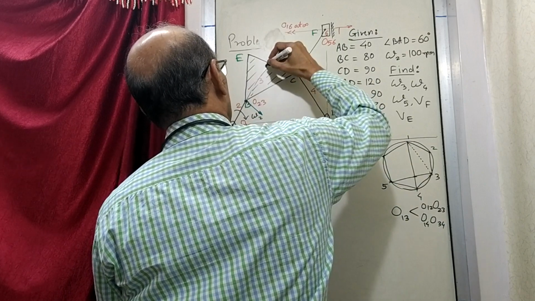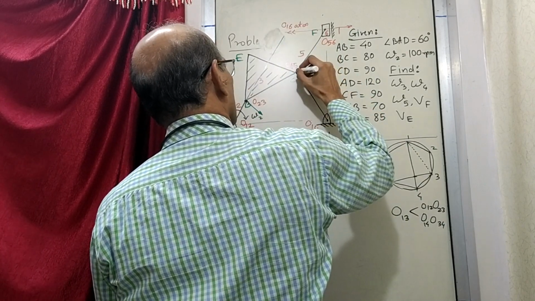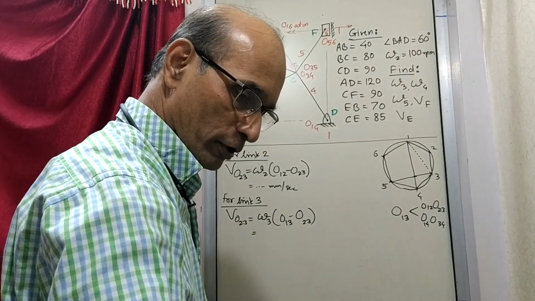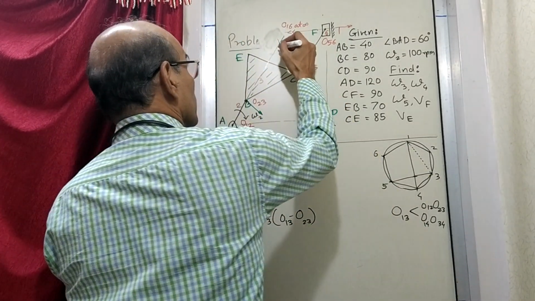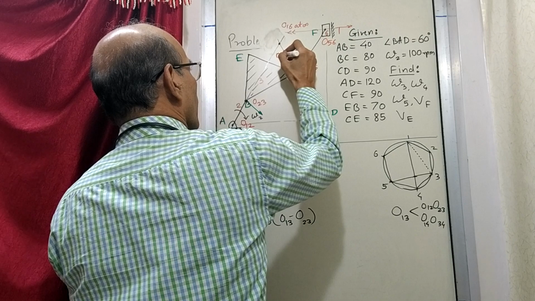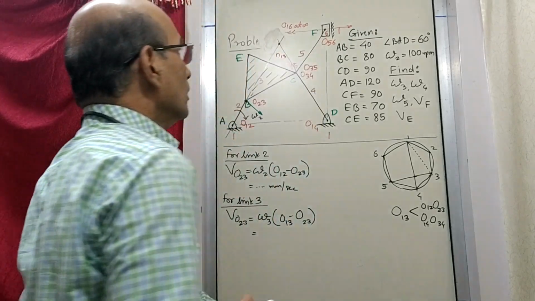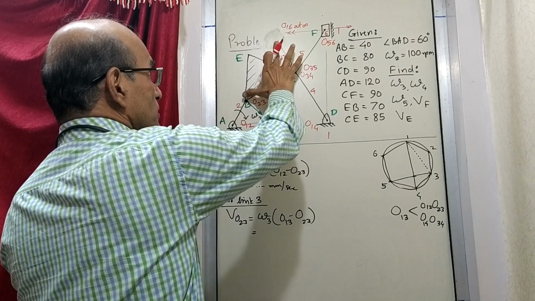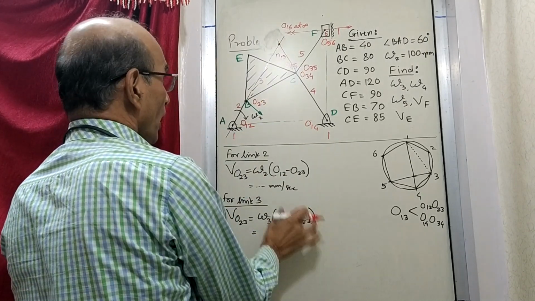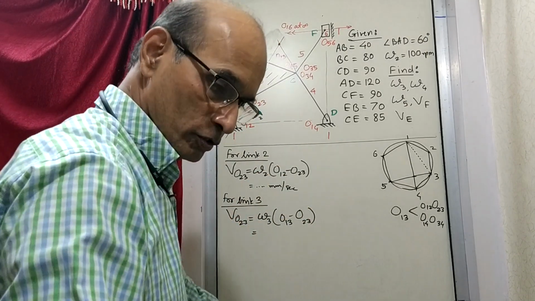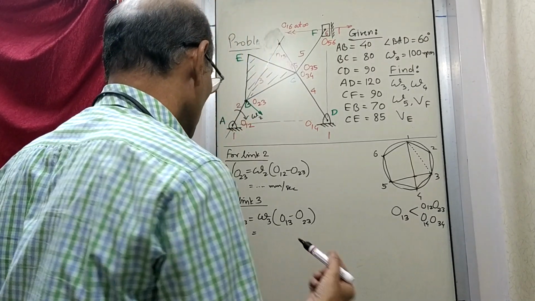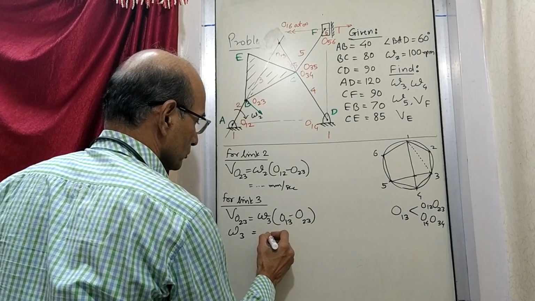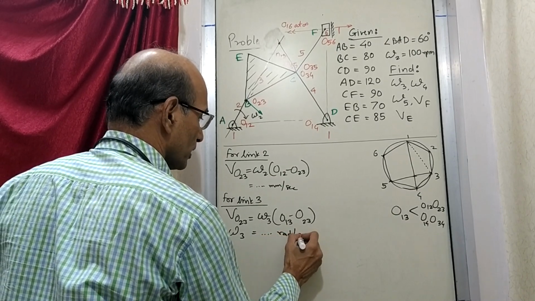So one line is coming from here, other line is coming from here. So this is your point 013. So we obtained the point required, that is 013 is here. Now the distance from 013 to 023, this distance we take, and then velocity is already known, so that we can now find out omega 3, which will come in radians per second.